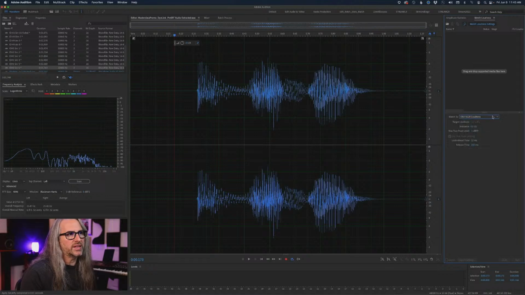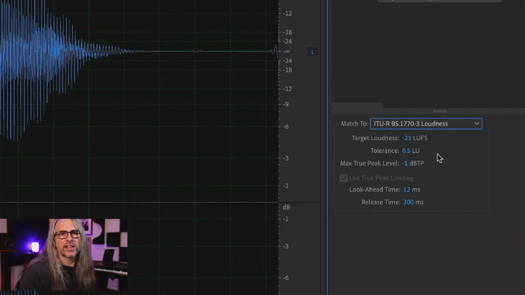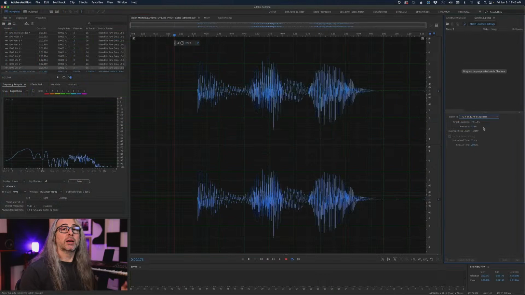Minus 23, I think, is the EBU loudness standard. Or maybe it's also ITU. Or maybe EBU is minus 24. I get confused. In any case, the broadcast loudness standard is minus 23 LUFS for video, for television. For podcast, it's minus 16.